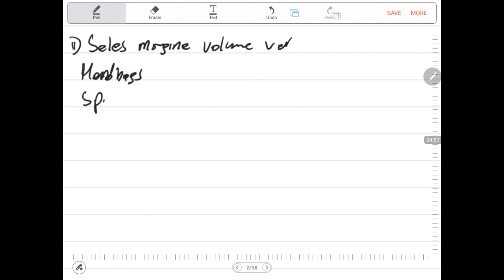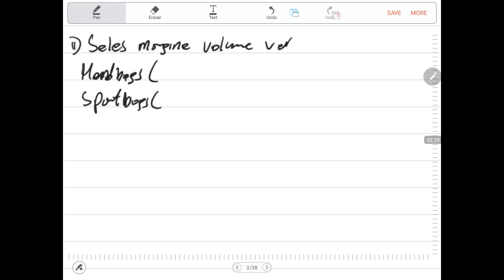Then we have the sport bags. We say budget minus actual. We compare the budget with the actual, or the actual with the budget. In fact, we say actual minus the budgeted. It is preferable to start with the actual in this case, so that you know automatically when the variance is negative,